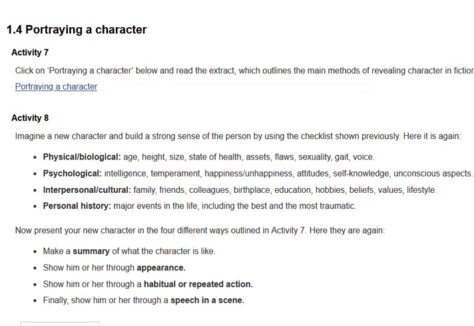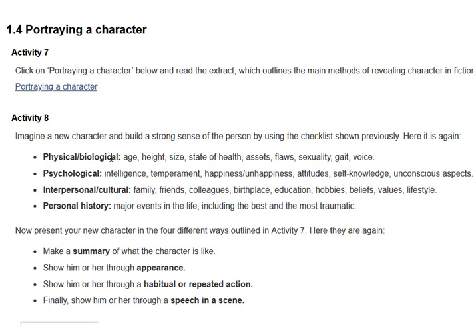In this video, I'm going to talk about how we can portray or create a really good character. So first, when you create a new character, you want to create a round character that is a well-developed character, as if he's a real human. And so in order to do that, you have to